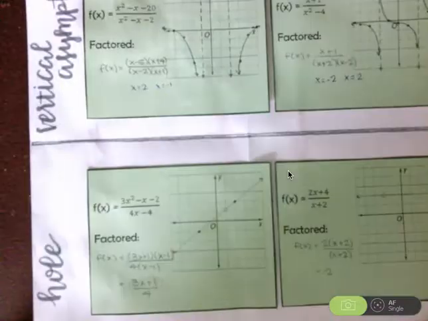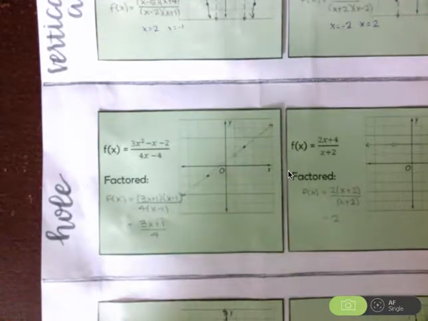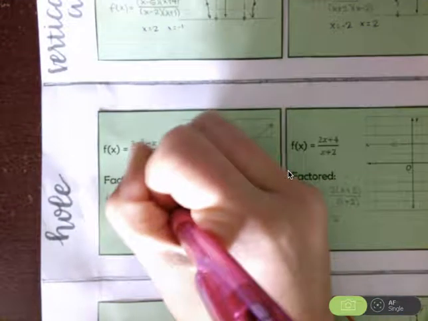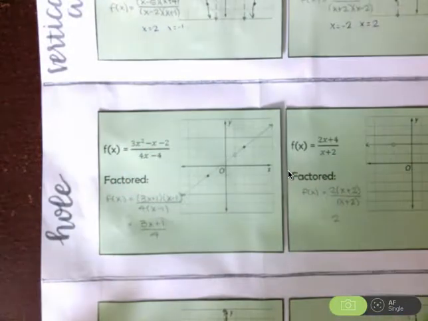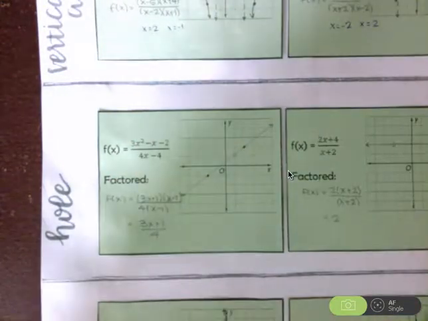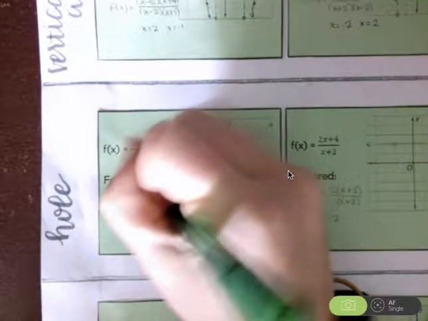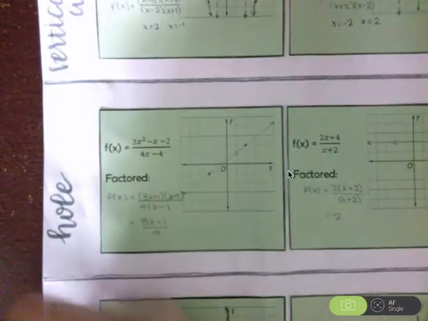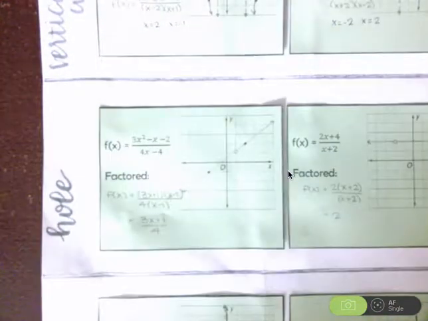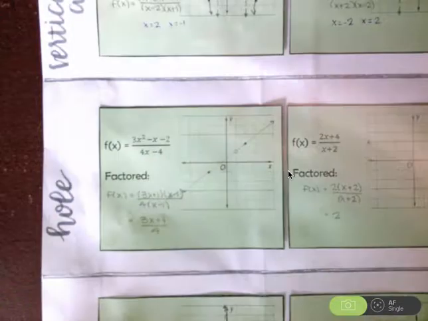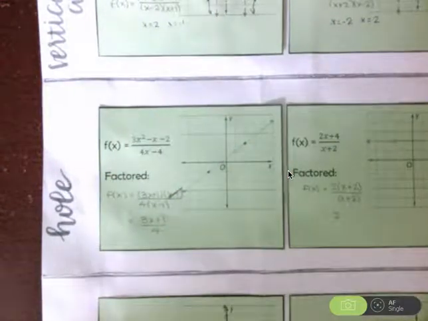Holes are just a little bit different. So the thing that you'll notice with the equations here is that when you have factored, if you have a hole, you'll end up in this situation where you have this x minus 1. None of my pens are working. See if this one will do anything. There we go. Okay, so you have x minus 1 in the numerator, which cancels with that x minus 1